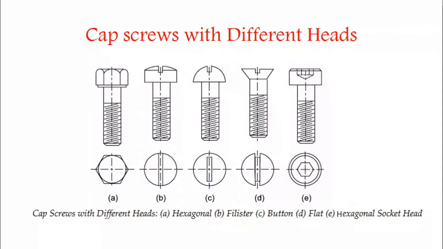Cap screws with heads engaged internally and from the end face have the following advantages. One is that such cap screws can be installed in confined space and in counter bore holes. They result in better appearance for the products. They reduce the overall dimension of the product, resulting in compact construction.